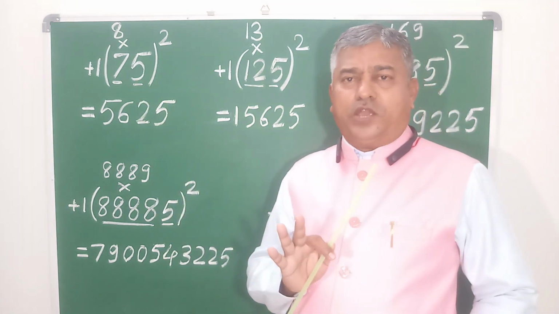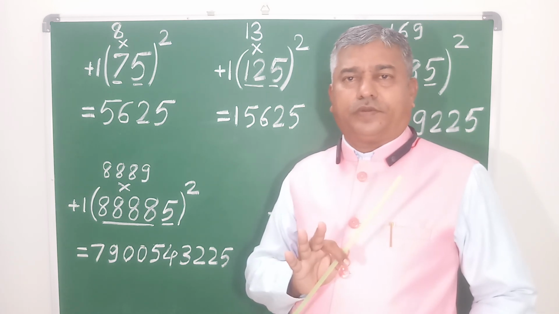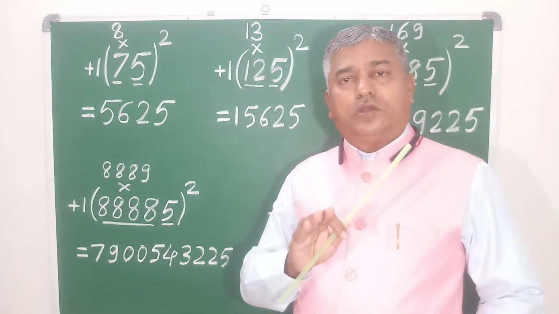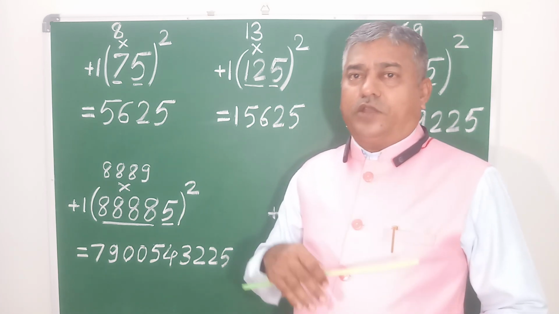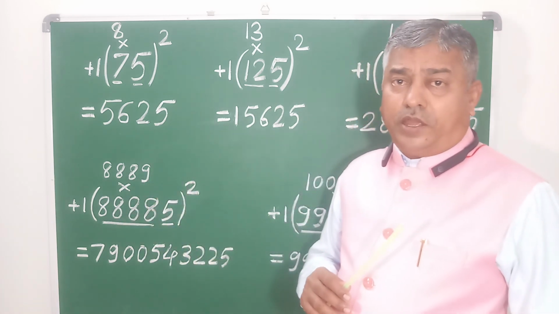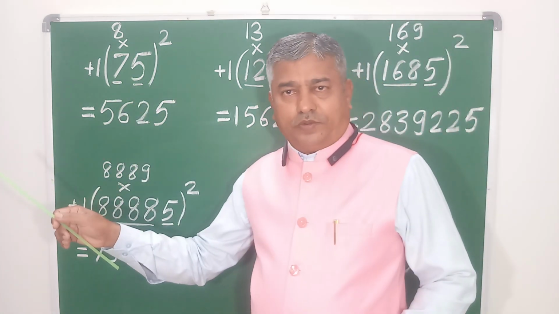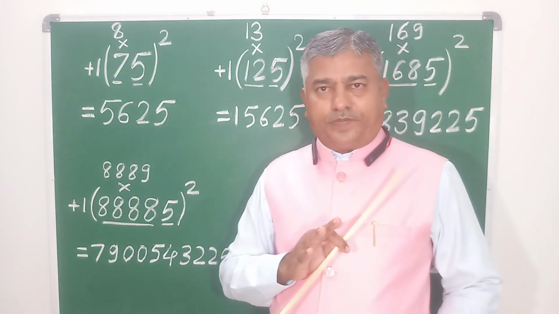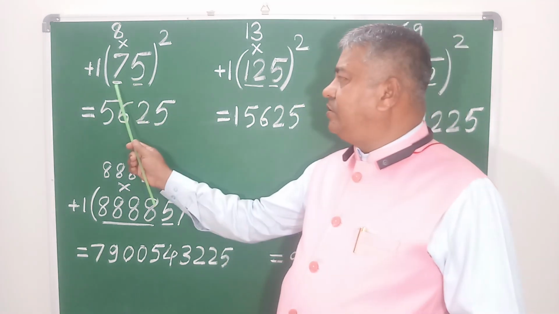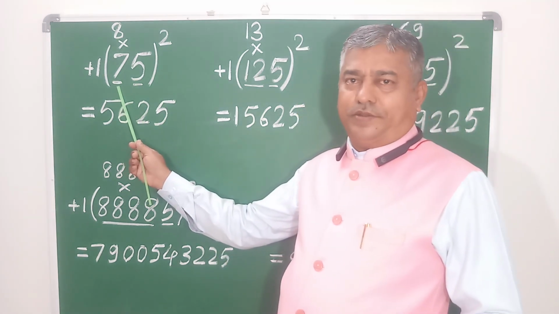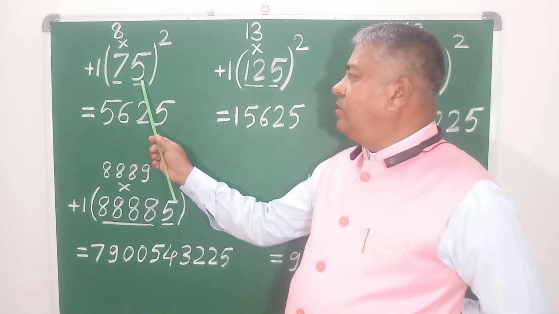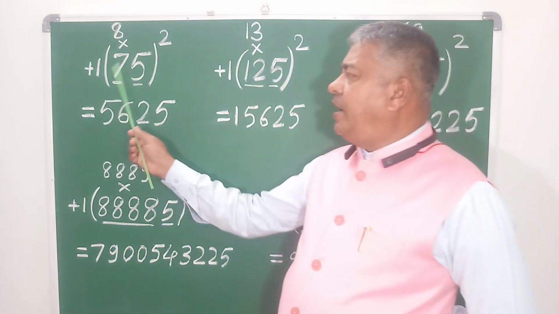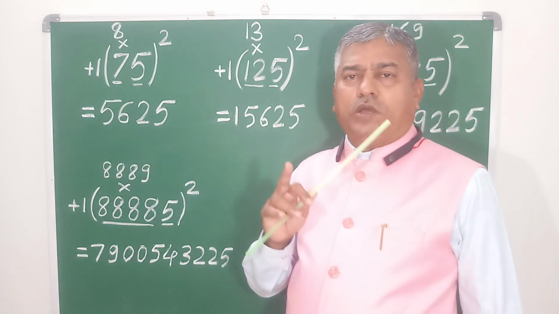Always keep 5 in the second group, meaning always a single digit in the second group, and whatever the remaining digits are, keep them in the first group. But in this case we have only 2 digits, so the first digit, 7, is the first group, and the 5 is the second group. Now add 1 to the first number,